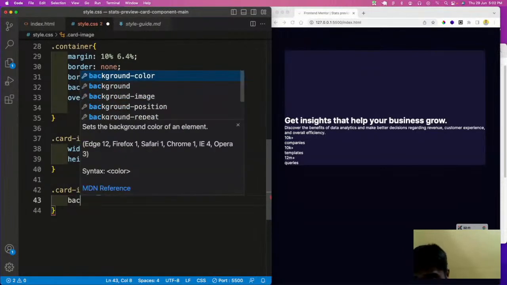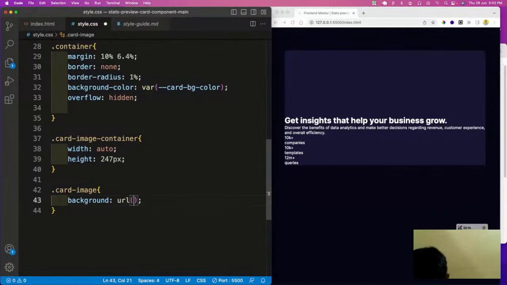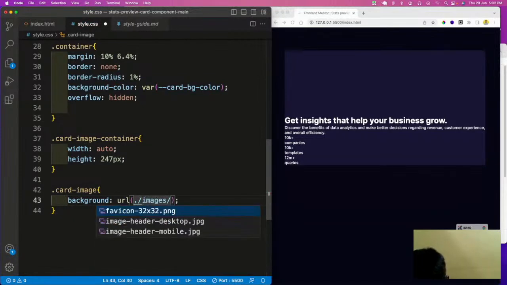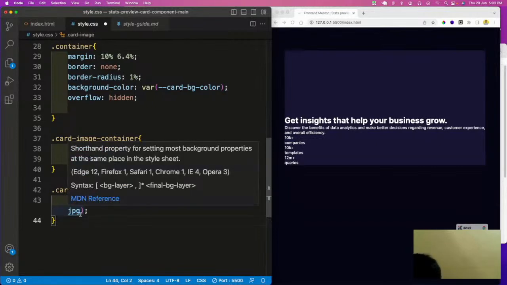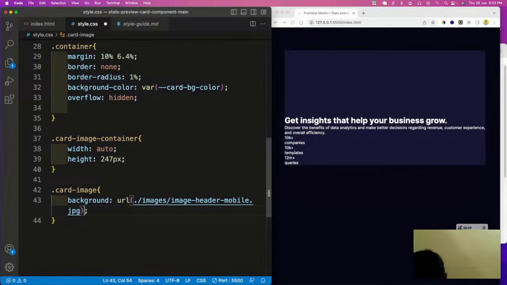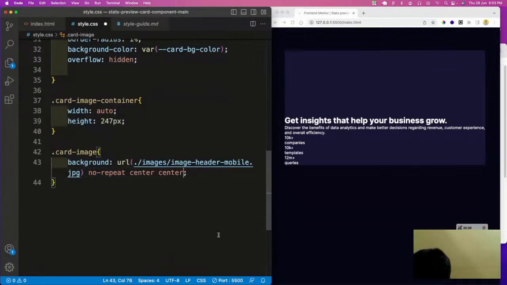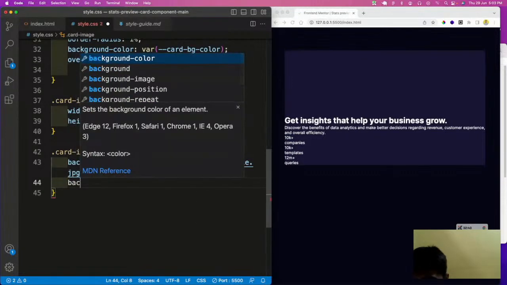We'll have a background image, and the image will be the header mobile image. It will function as no-repeat, center and center. And next we have the background